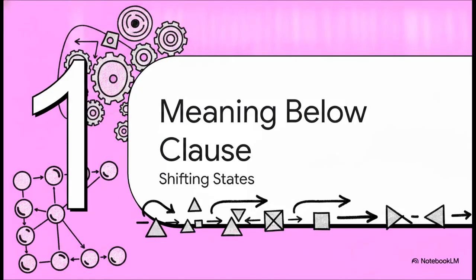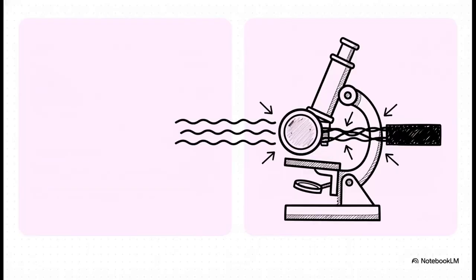Meaning below the clause, shifting states. So, we have to establish the fundamental physics of this system first. Notice the massive contrast in structural density here. At the macro level of the clause, meanings run in 3 totally separate structural lines: the ideational, the interpersonal, and